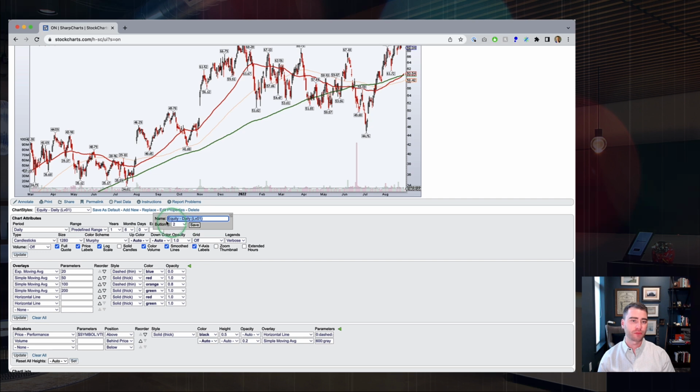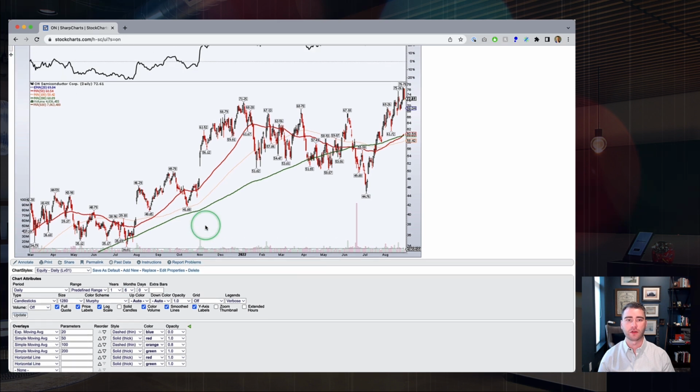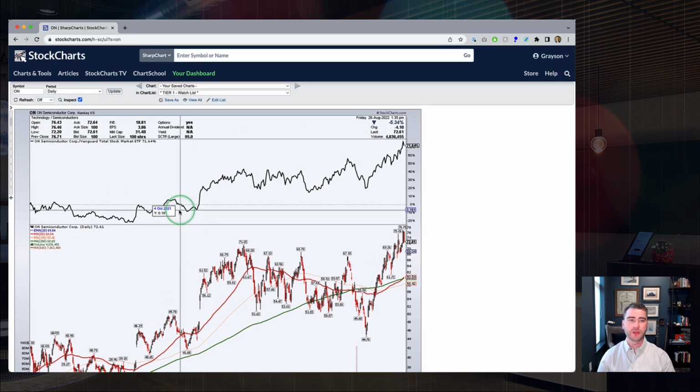You can hit that Edit Properties field. That's going to open up a little name box. You can edit the name, change it, add something, whatever you want to do there. And if you want to delete a chart style, of course, you've got a little delete button right there as well. The other way that you can access your chart styles here in SharpCharts, though, kind of similar to ACP,